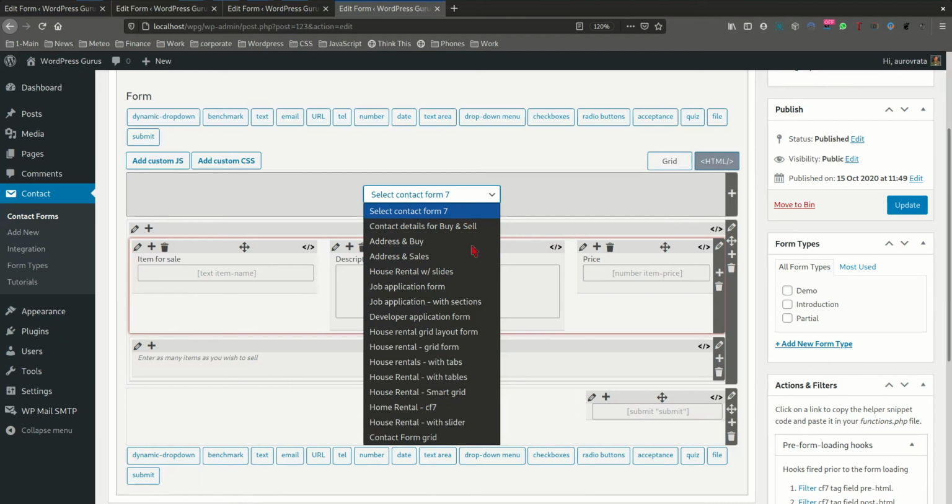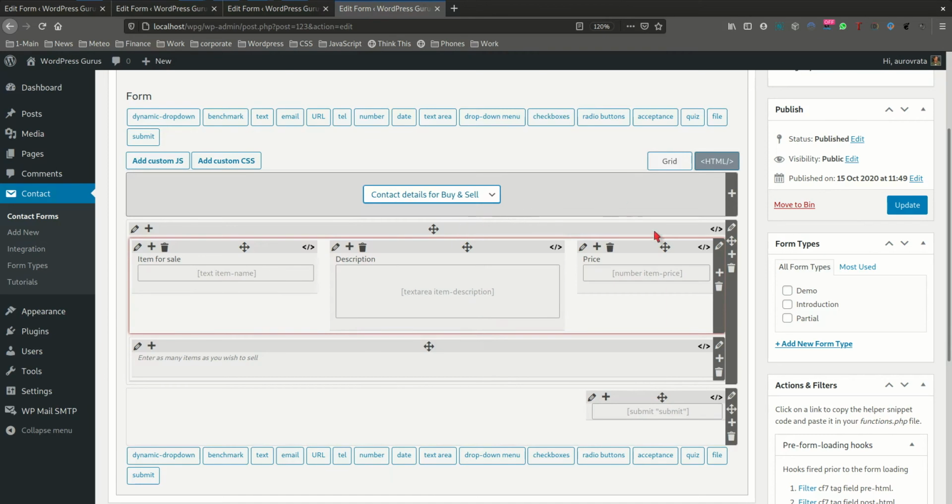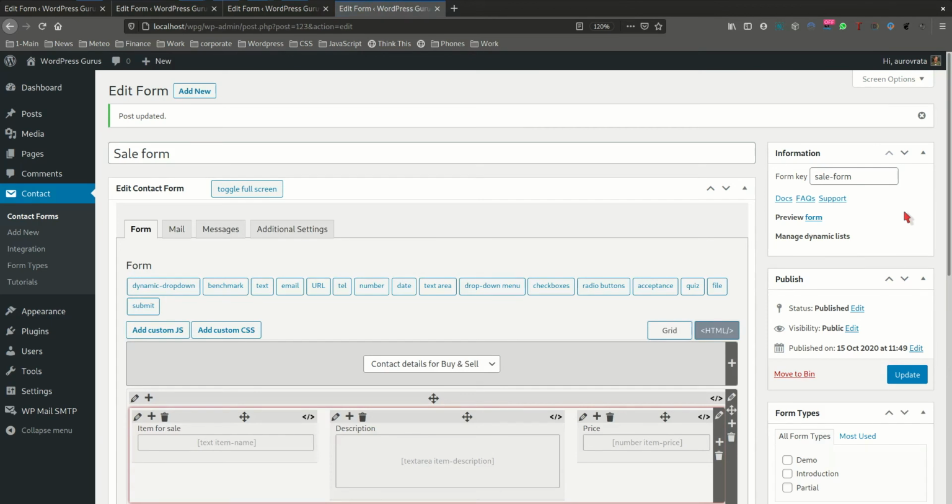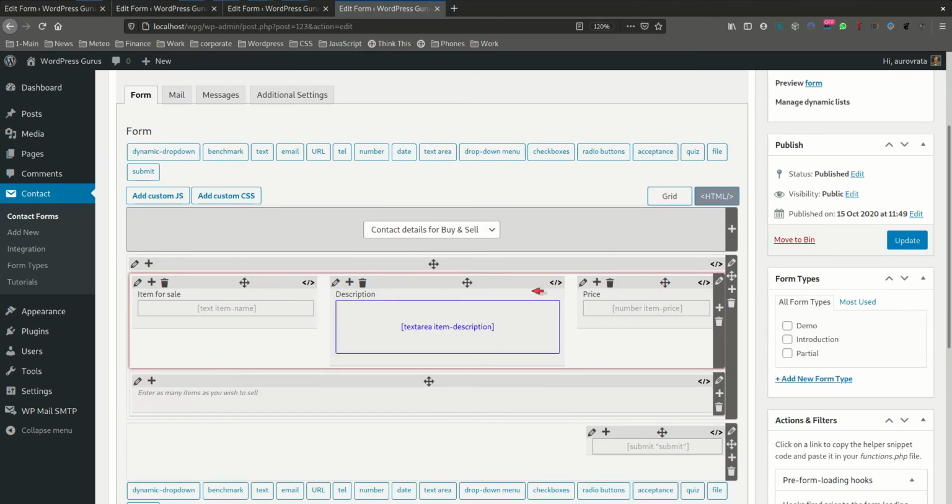form, a child form basically. The one that I want is this contact details for buy and sell, so I'm going to select this one, and now I'm going to press update. There we go. So now this form has got this child form here,